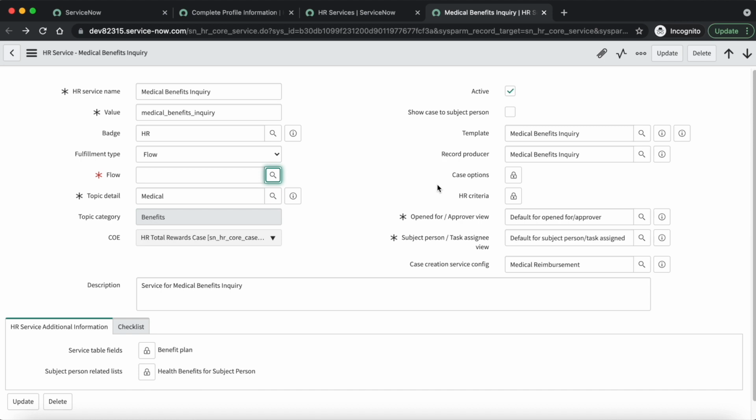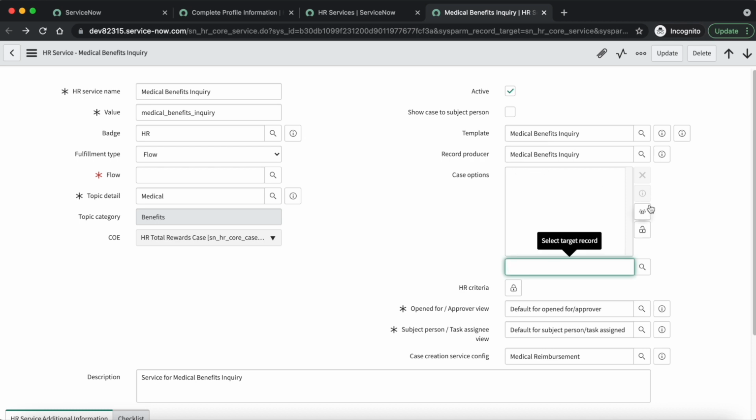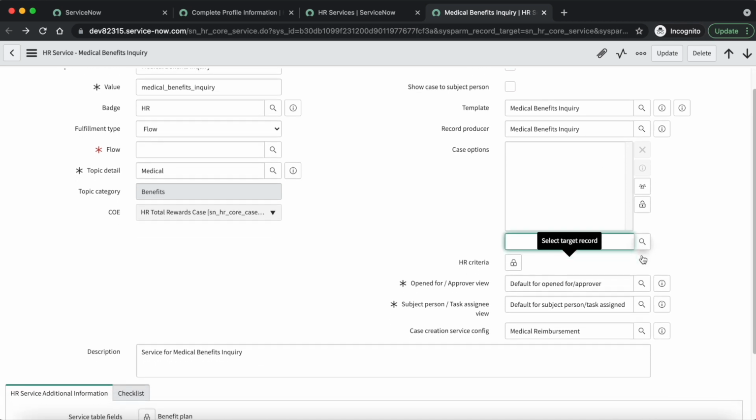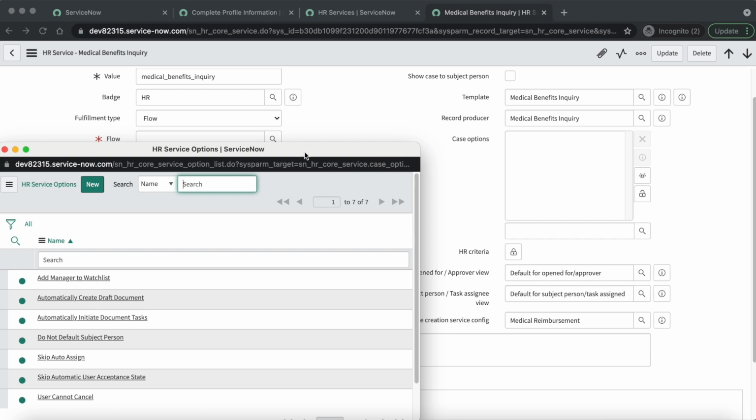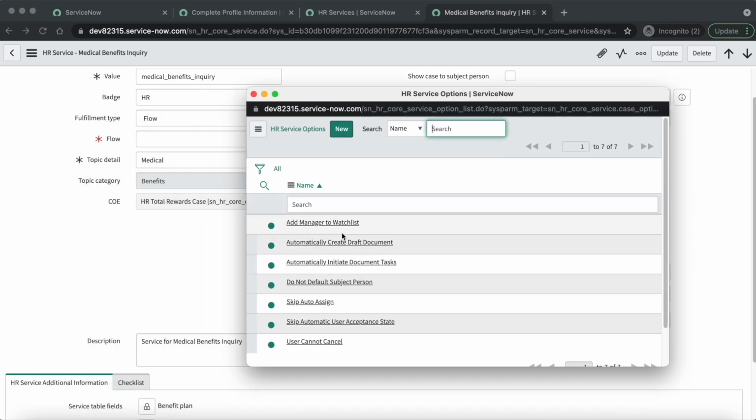Here you can create a new case option that can be utilized by all HR services. By default, some case options are already provided by ServiceNow out of the box, like add manager to watch list, skip auto assign, and automatically create draft document.